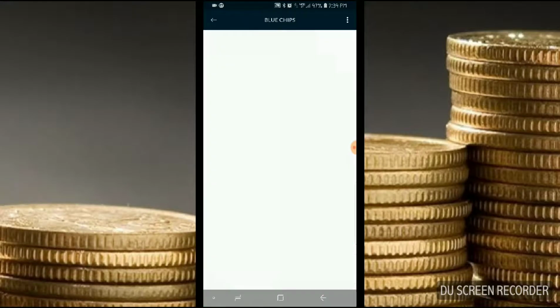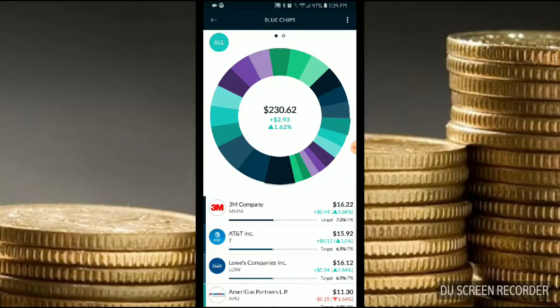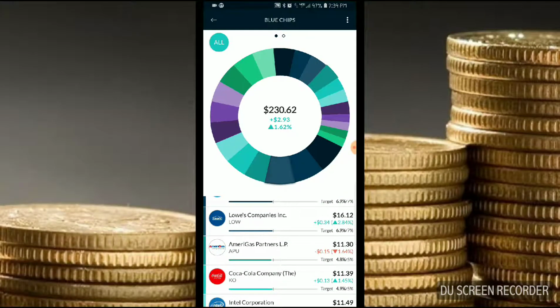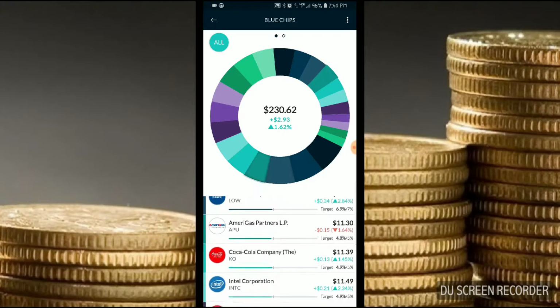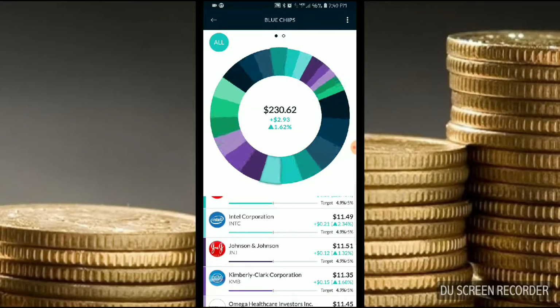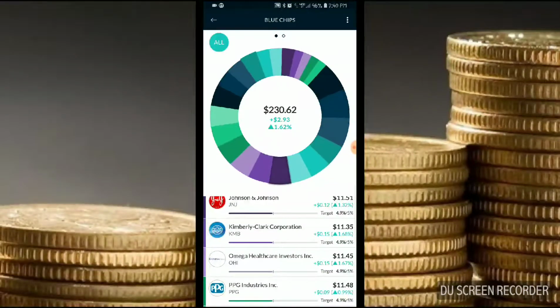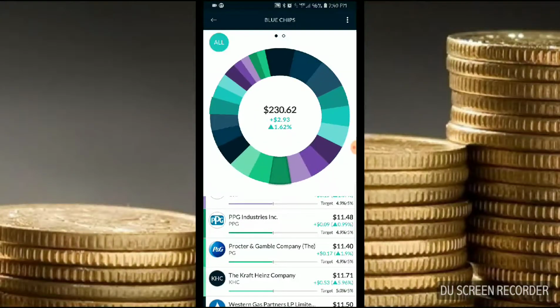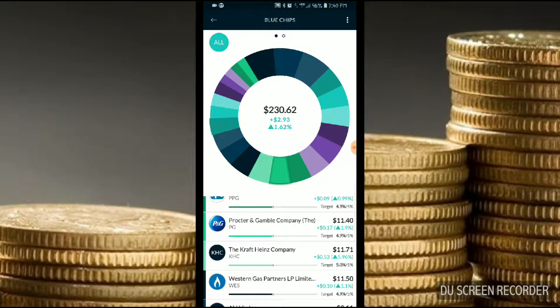And the 70% in here, my blue chips, I got 3M. They make safety equipment. They make tons of stuff. AT&T, Lowe's, they always raise their dividend every year. Most of these companies have increased their dividends every year for years and years. AmeriGas, Coca-Cola. I mean, everybody knows what Coca-Cola is. Intel, Johnson & Johnson, Kimberly-Clark, Omega Healthcare, that's a REIT, PPG, Procter & Gamble, another great dividend stock to